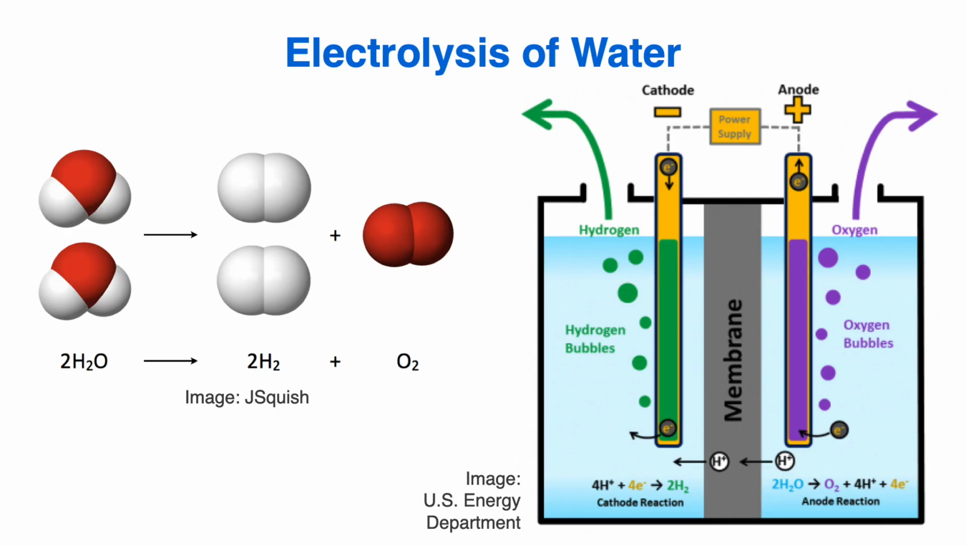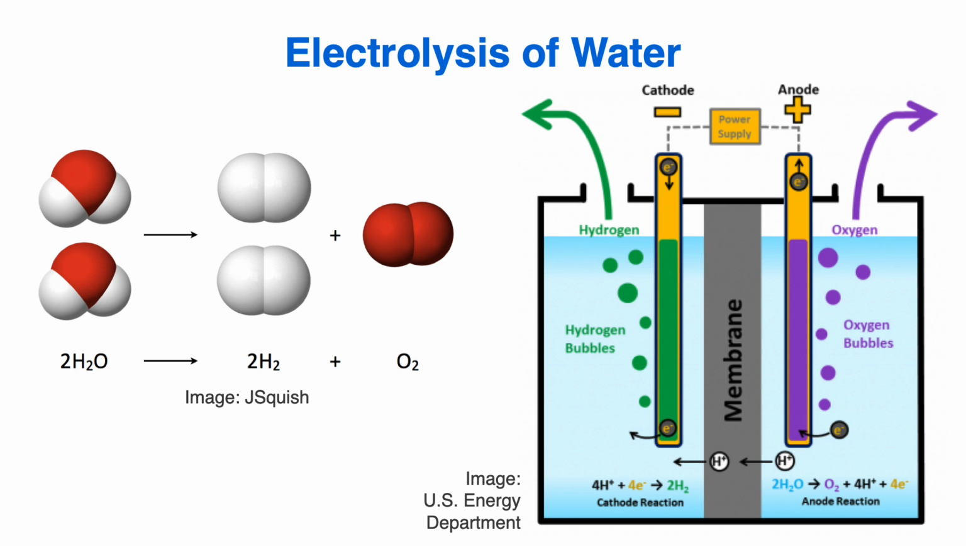As you probably know, water consists of two hydrogen atoms bonded to an oxygen atom. While you can assemble water by combining hydrogen and oxygen, you can also go in the reverse direction and break down water back into hydrogen and oxygen. On the right is an example electrolysis setup. In the setup is a tank of water that is separated by a membrane that allows hydrogen ions to pass